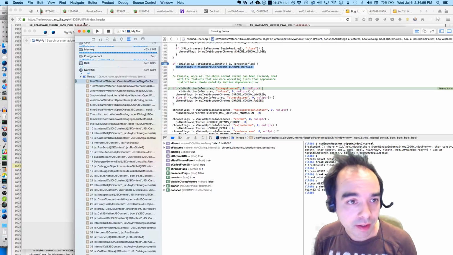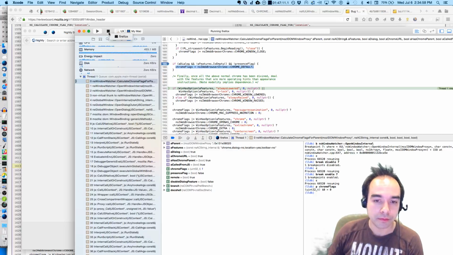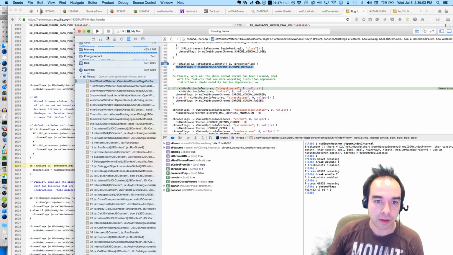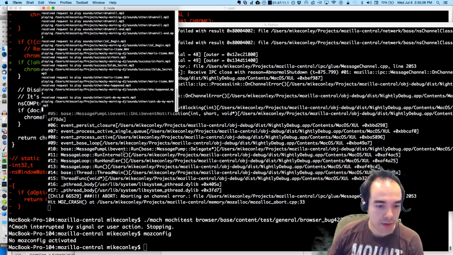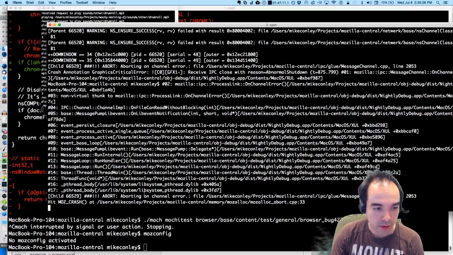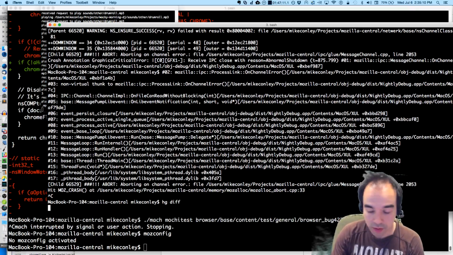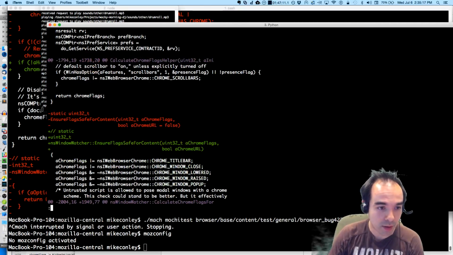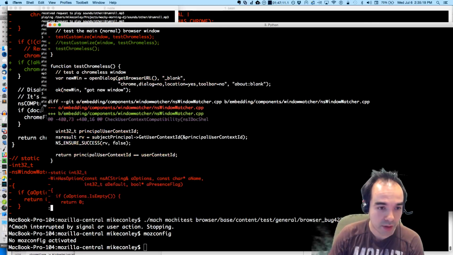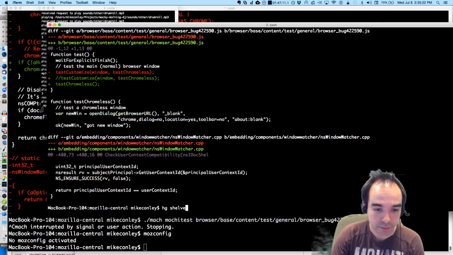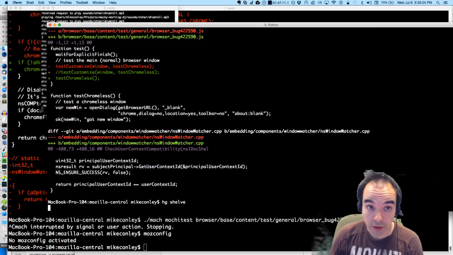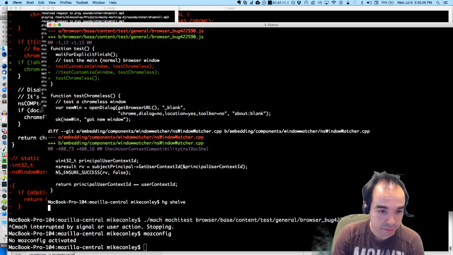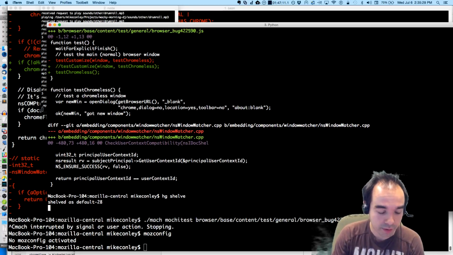If I do a build from before my patches, how does this work? So I'm gonna kill and then shelve my changes. I'm gonna go back before my change. I'm gonna run my test again. Don't have to deal with all the evolving.